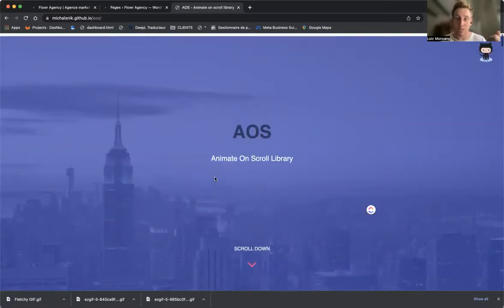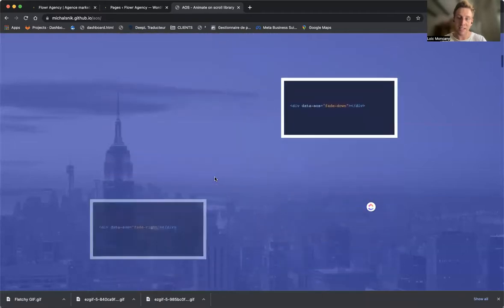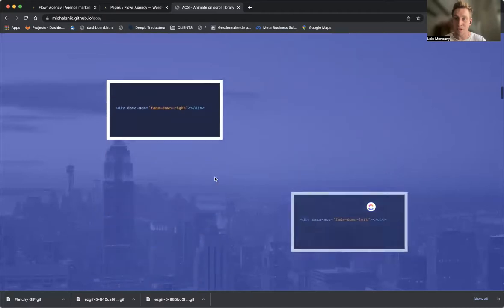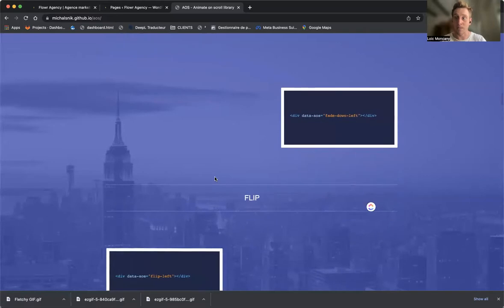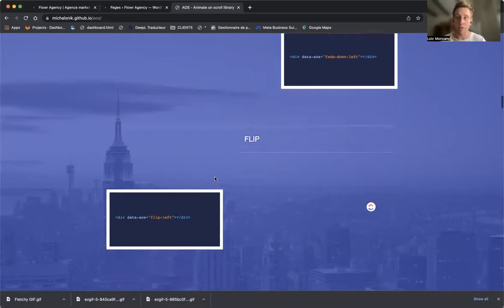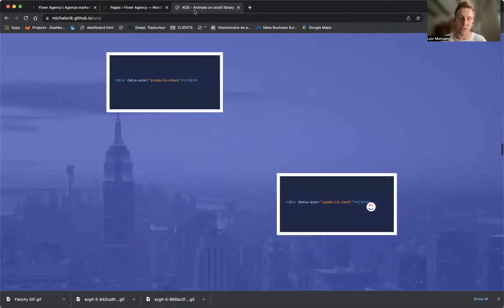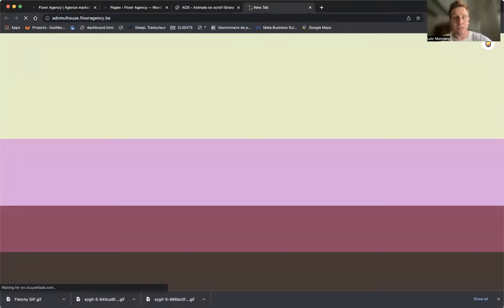So if I scroll up, then the animations are done again. But with Elementor, actually, that's not the case. They play once, but then that's all, just when the page is loading, but not when you scroll. So that's why I decided to create this plugin. So as you can see on this website,